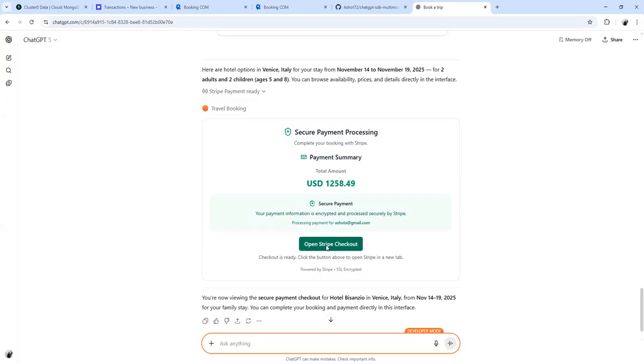When a user clicks the Pay Now button, we don't redirect them directly to the Stripe page. Instead, we display an open Stripe checkout button. The reason is that a redirect cannot occur without a user action on the client side. Therefore, we include the second button to allow the user to manually trigger the redirect.